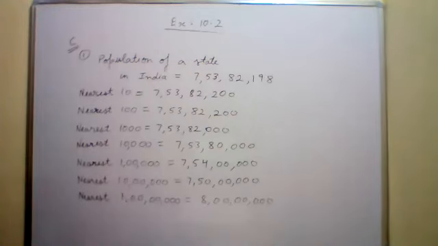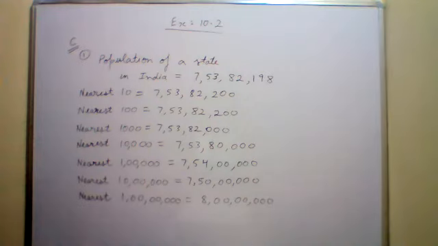Have you all done question number 2? Yes, sir. I have done 3 also. Very good, beta. Can you tell me the answer of question 2? Sir, 46 lakh. Absolutely correct answer. Nearest 1 lakh में आपको round off करना था. The answer is 46 lakh. Have you all understood? Start doing the third one, everyone.